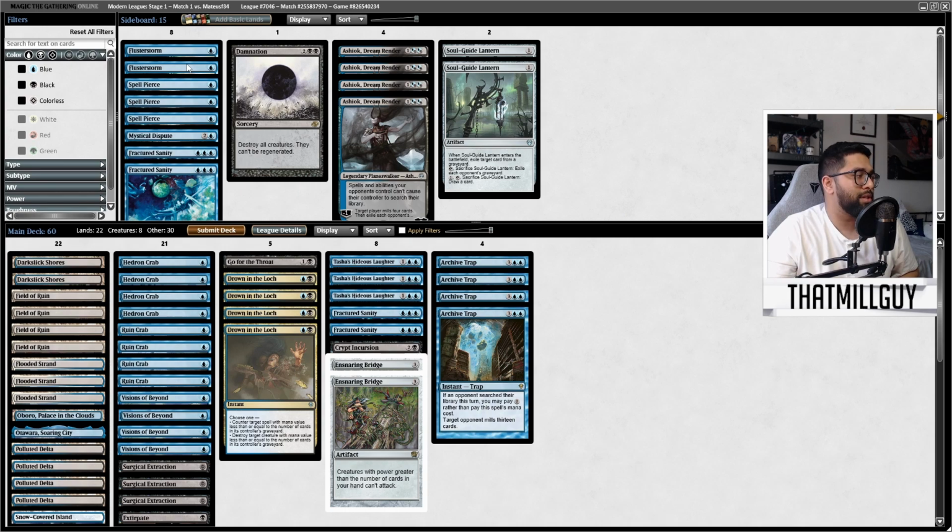And again, once they're back on the play, I personally do not like the Spell Pierces. I think there's an argument for them when they're on the draw, but yeah, I mean, especially that we see that we don't need graveyard hate. The Crypt Incursion is nice there. Obviously, the Tasha's is the card we want. Now, if they're gonna go to